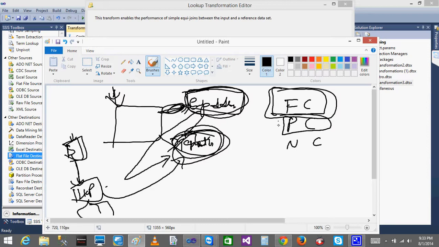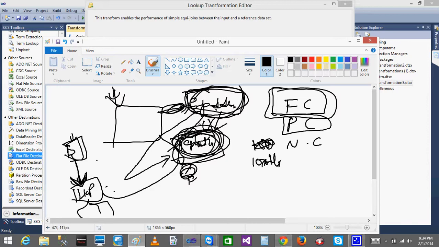With the partial cache, instead of loading all the records from the EMP address into the temp location, the system will load only a few records, and at the same time it will also get data from the source. In the meantime, while getting the data from the source, it will start loading. It will not load the entire data. Let's say we have something like 10 million records in the EMP address.